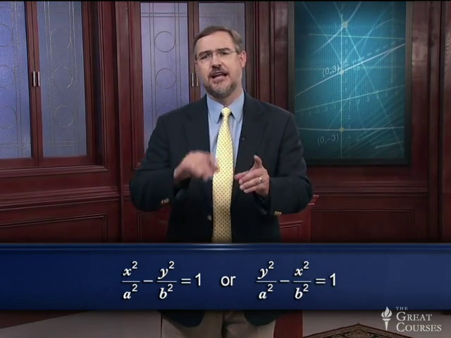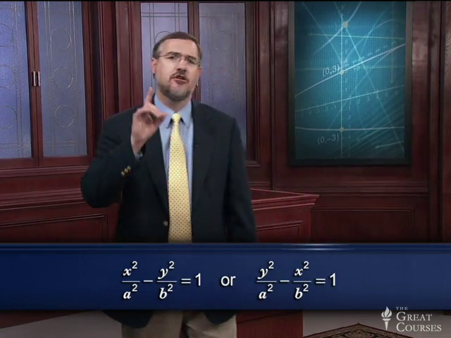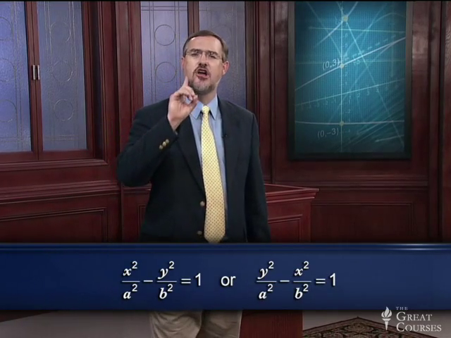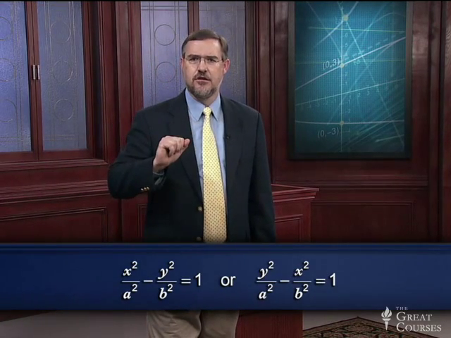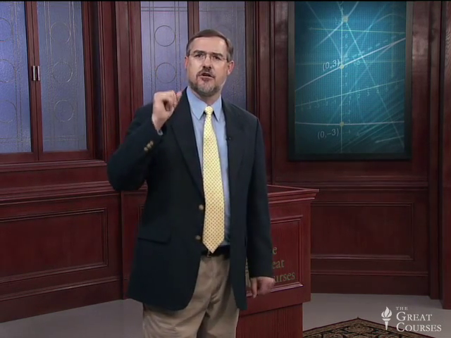as the graph. And again, that's very different from a parabola, because the parabola's equation only has one of the variables squared. Now, from a graphical point of view, those equations, the two standard equations for a hyperbola, are actually very different, even though it looks like they're almost identical. Let me show you what I mean about the differences between these two equations by actually showing you an example